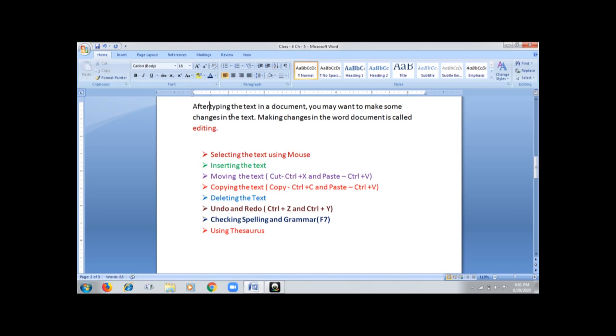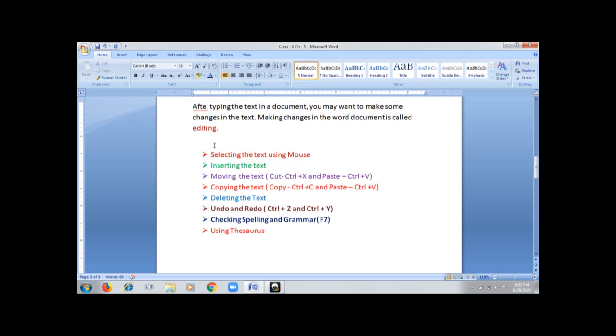Suppose here, after. Just a second, children. Suppose here the first word is "after", so I am deleting this R and giving a space like this. Now what happened? I have written a wrong spelling, AFTE. There is no such word that exists with these letters. So that's why Word is giving us the red line under it, showing that this is a wrong spelling.